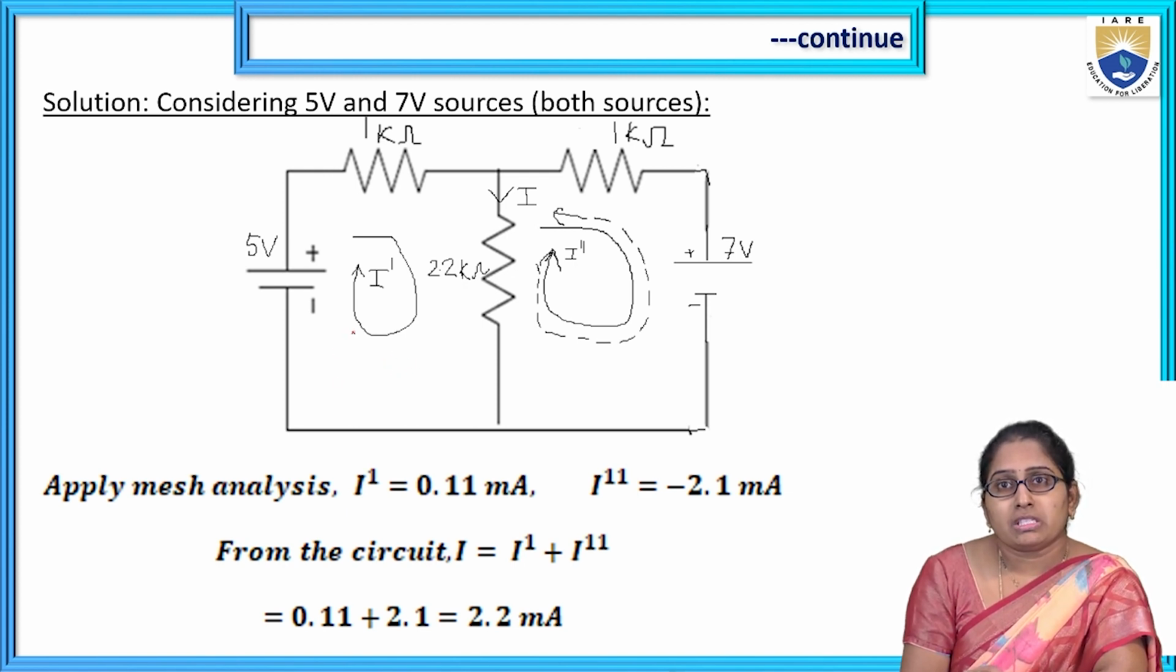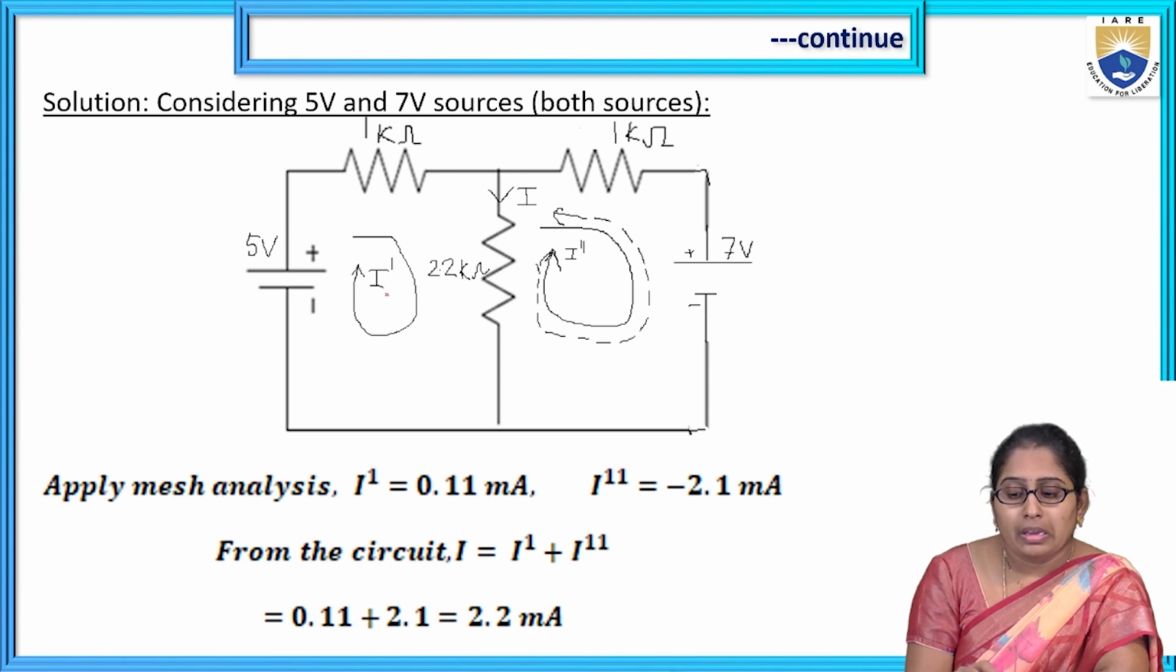Mesh 1, first mesh 1. This is mesh 1. I have taken the current in mesh 1 as I dash, and in the second mesh the current is I double dash. Those two are the mesh currents. So, according to mesh analysis, by KVL